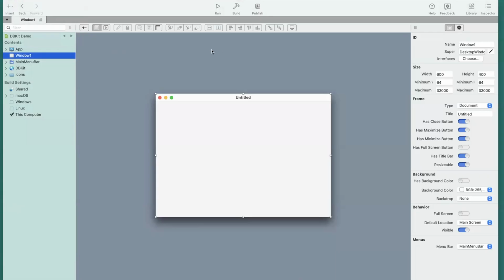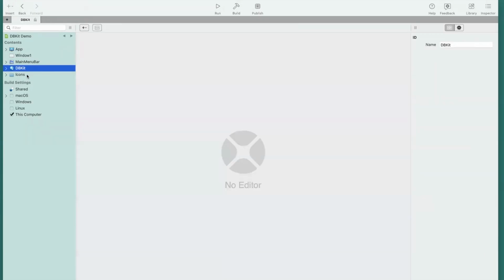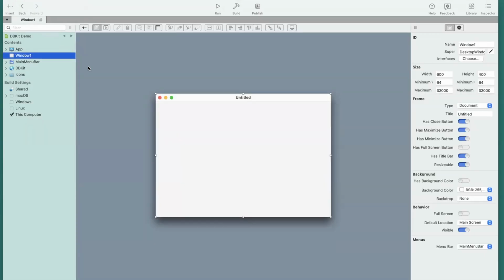All right. So here I've got a new Xojo app, and I've already copied in DBKit and its icons. So those are there now. But again, you can just get those out of the example project. When you start a project in Xojo,